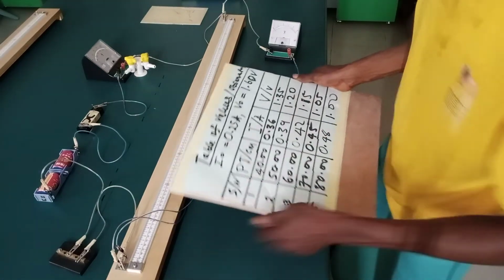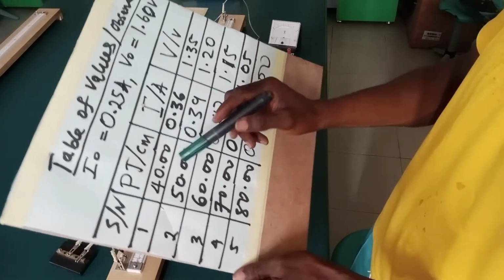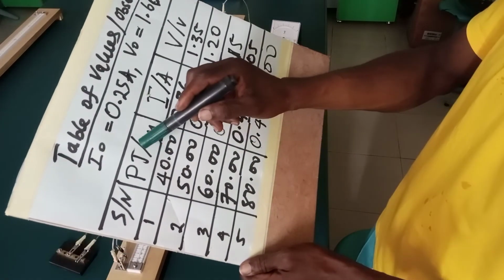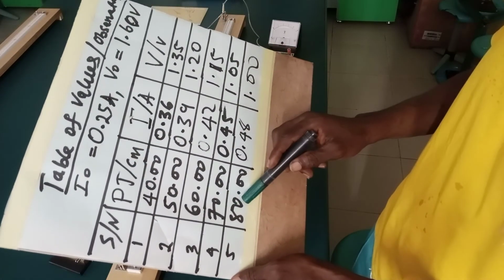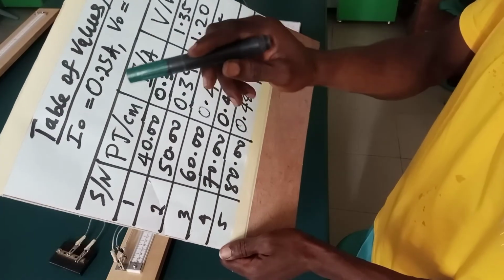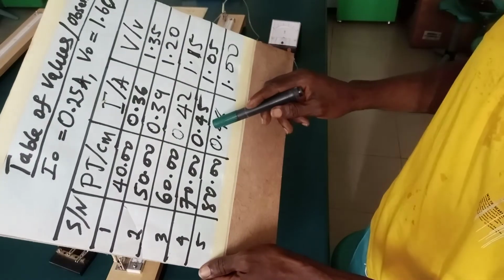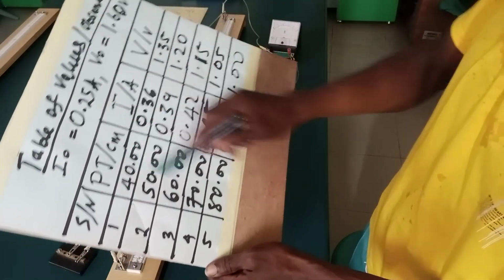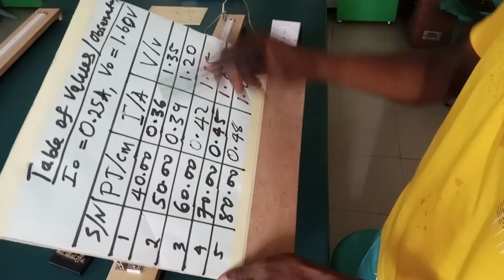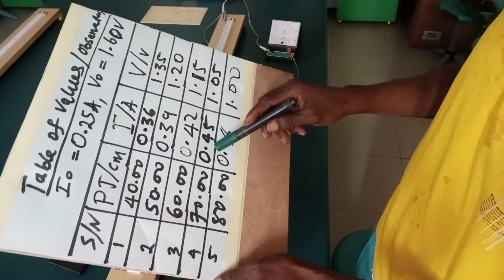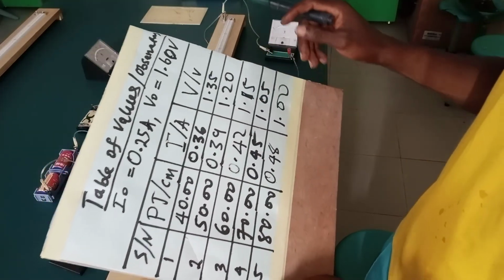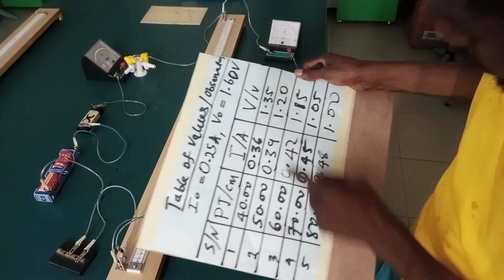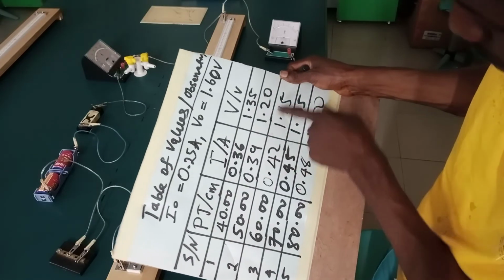Now, let's observe the table of values quickly. If you observe this table of values, the value of the length is increasing down. You have an increase, you also have an increase. This column and this column have an increase trend. Increase, decrease. Increase, increase. So we are going to plot a graph of V on the vertical axis and this on the